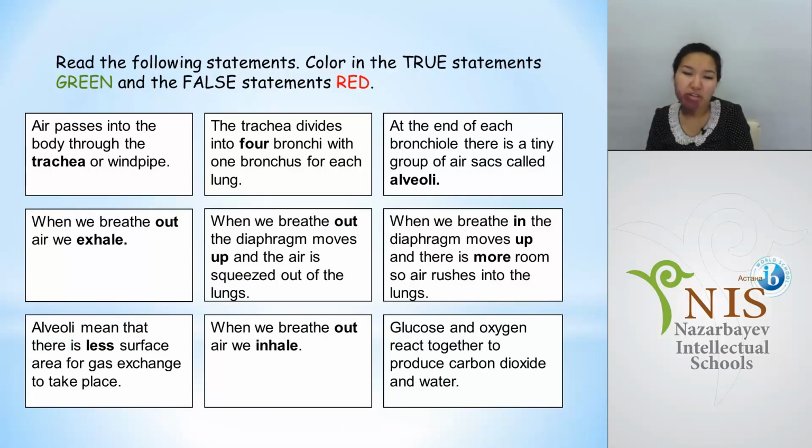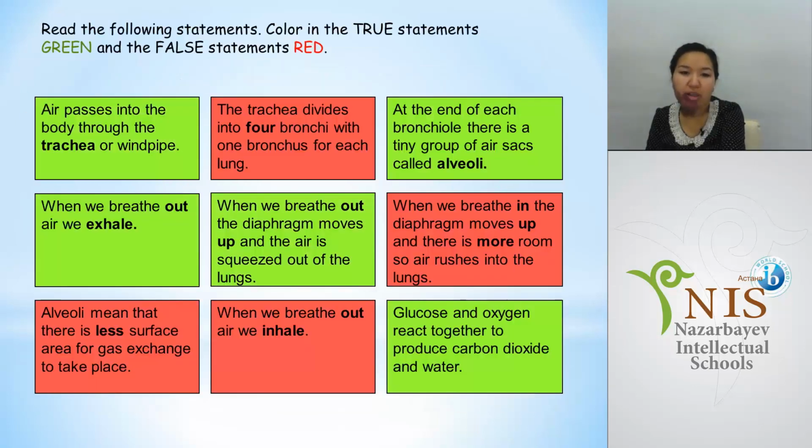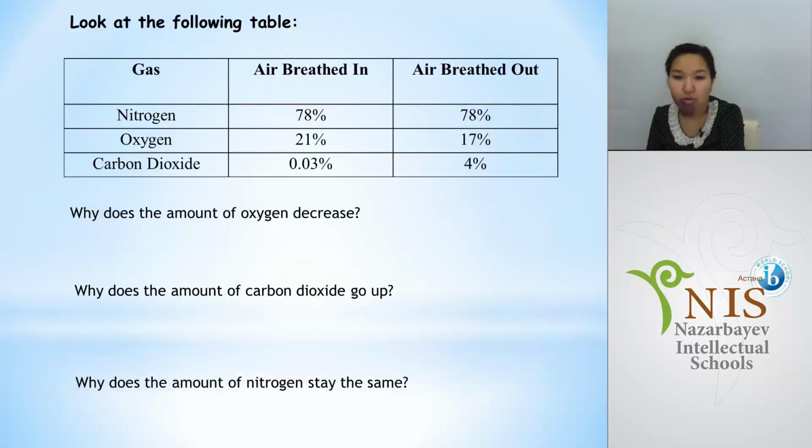Another activity you can show: give the students some statements, and students should color them in two colors, green or red. If the statement is true, it should be green, and if the statement is false, it should be red. This is another worksheet task. Here you can see which is red and which is green, and from the picture you can see what is true and what is not. Mostly this activity is important when you do it with the students on the board.